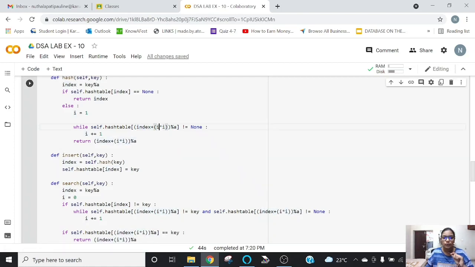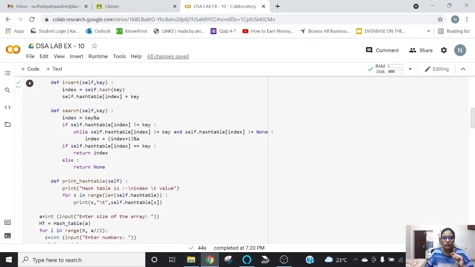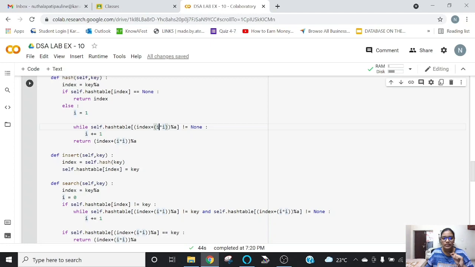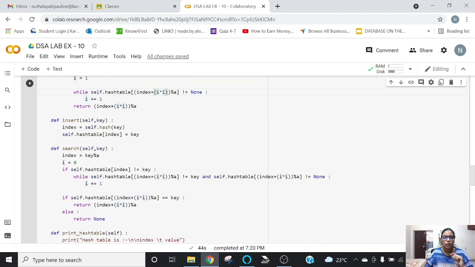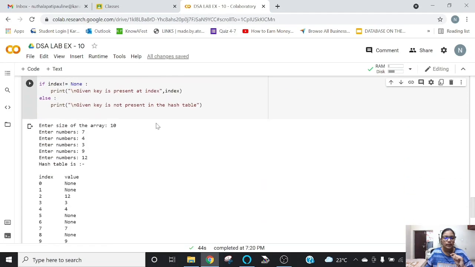Here we have used only index number plus 1 modulus a, but in quadratic probing we use index number plus I into I modulus a. So this I will be the position of the number, so it is going to multiply with that, and then it is going to print it.